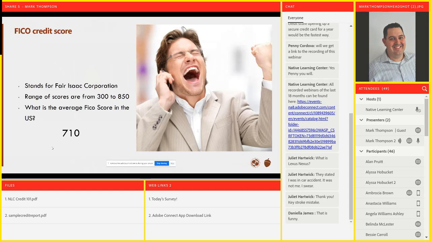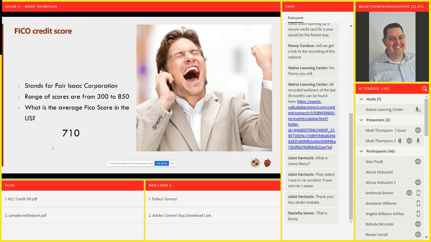They have lots of different models, depending if you're a lender lending cars, if you're doing mortgage lending, if you're doing credit. They have built different models to approximate risk, right? But they are the primary score of credit in the United States.